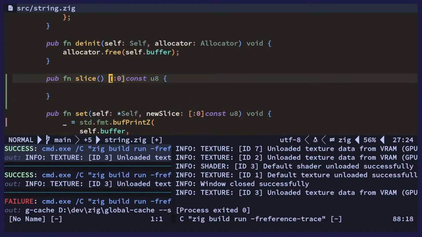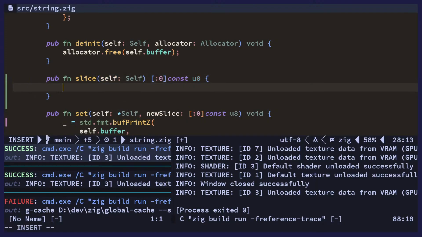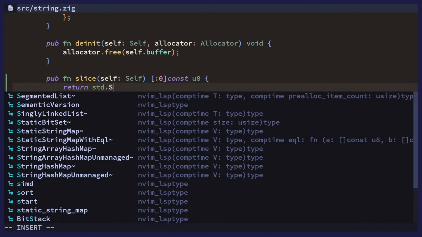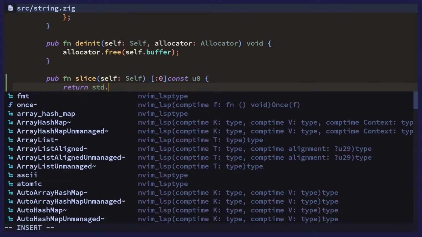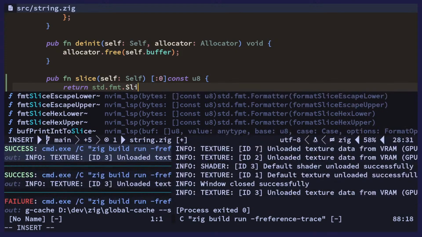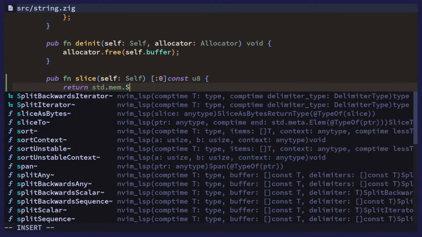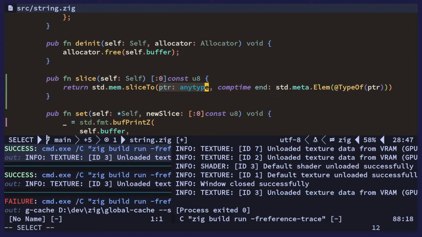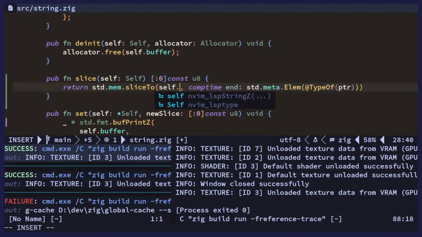And then we return, because std has a thing called, where is it? Is it in fmt, mem, slice2, yeah. So we'll do buffer,